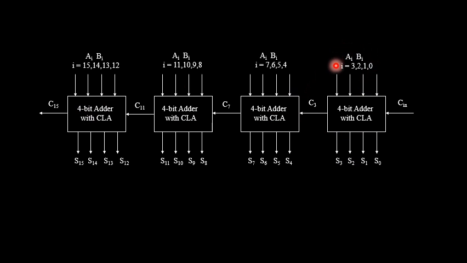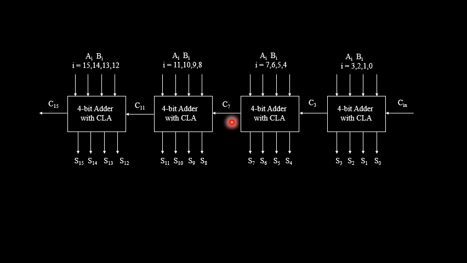So if I just have the input in terms of A and B, for the first block I have 4 distinct bits, from 0, 1, 2 till 3. The main carry input you are going to apply for that particular adder cell is Cin, and the main carry output generated by this entire block is nothing but C3. It is going to generate the sum outputs S0, S1, S2, S3. That depends upon the number of bits you are going to have in each and every individual block.